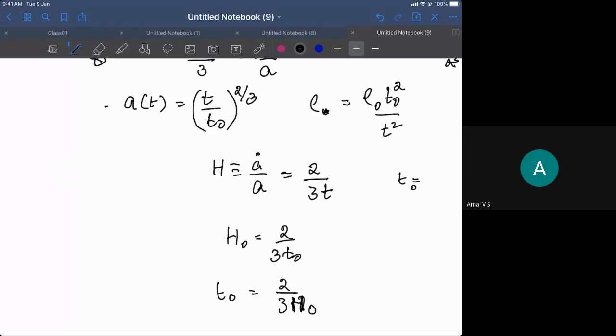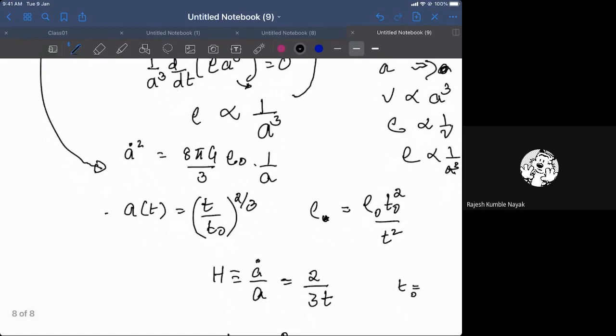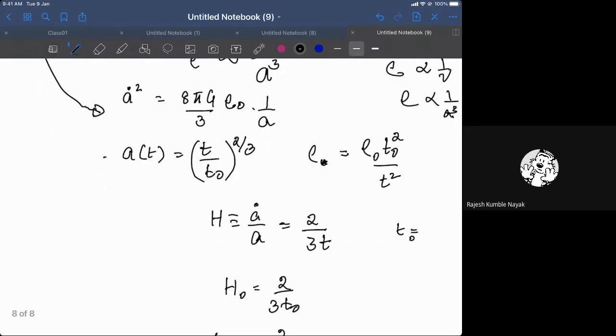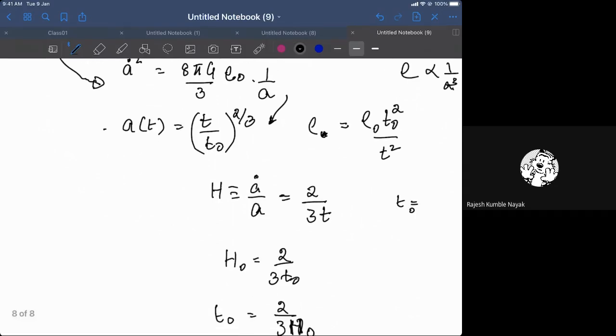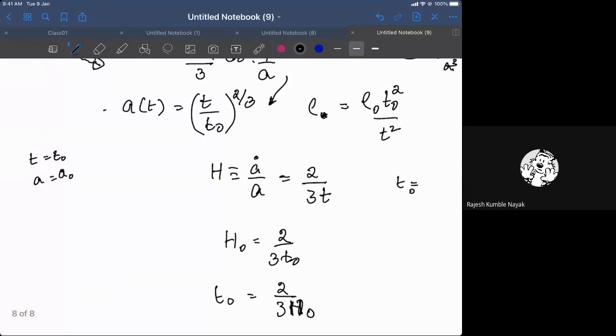So, what does t naught represent? t naught is just a constant which comes in the integration here. Otherwise it becomes difficult to solve this equation. You can see this is a solution. It is just to make it dimensionally appropriate. So you can set t naught to anything you want. The idea is that when t is equal to t naught, a is equal to whatever a naught you put, or in other words, you can say rho is equal to rho naught.